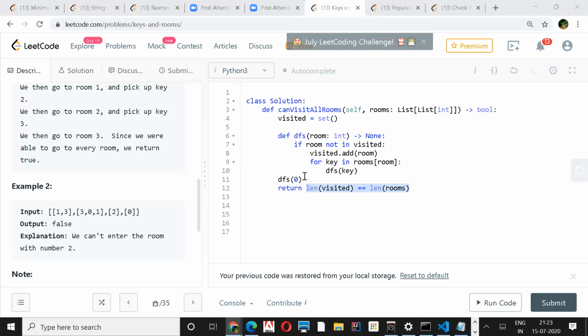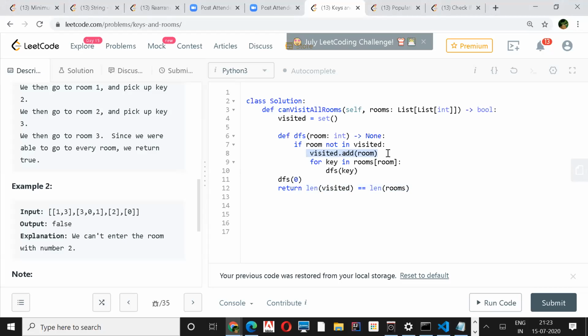Sorry, Harshit, we lost you. Oh, room 0 is added here, in line number 8. I mean, the question is the length of the rooms matches, right? Yeah, it will be added in this visited set.